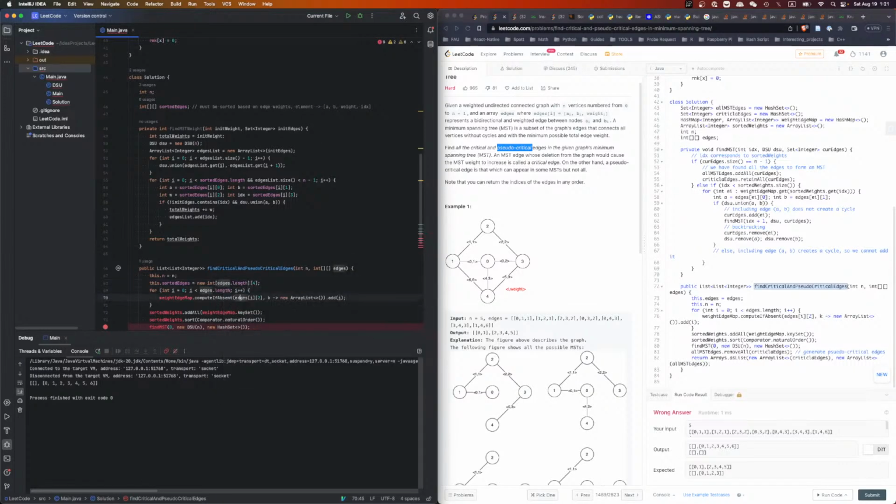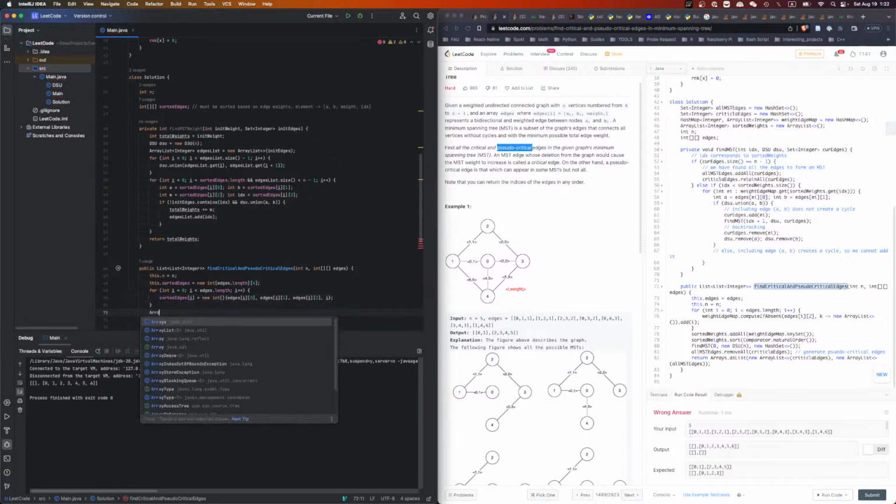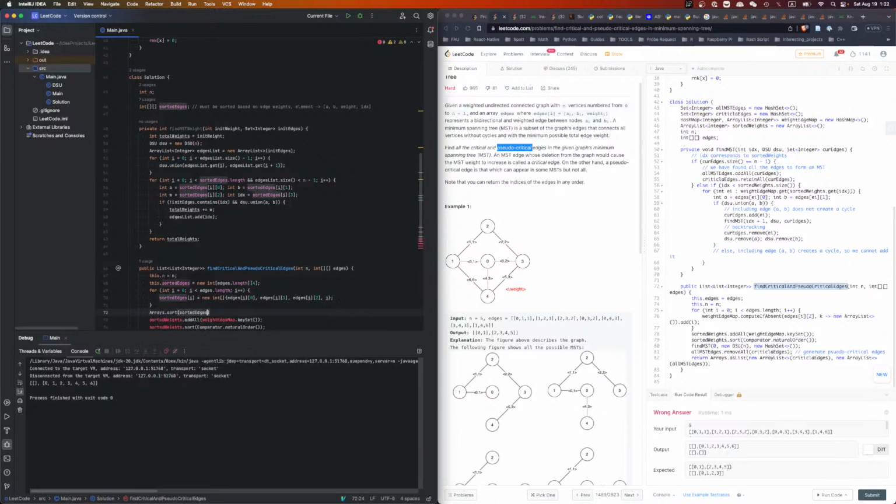Then we say sorted edges I shall equal to new int edges I0, edges I1, edges I2 plus your index. Okay. Once we're done, we say arrays.sort sorted edges